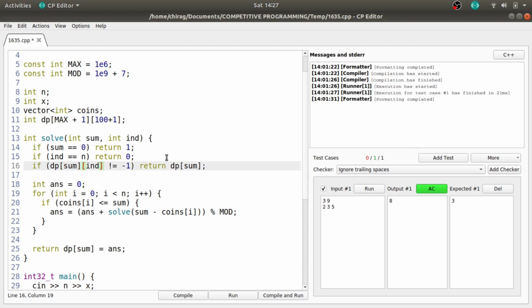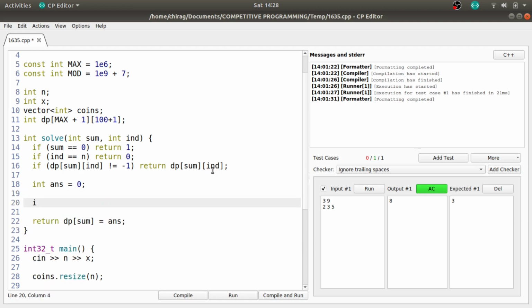It will be: if dp[sum][int] is not equal to -1, then return dp[sum][int]. And here this for loop is not required. What we will do is check if coins[int] is less than or equal to the required sum, then only we can use it, obviously.